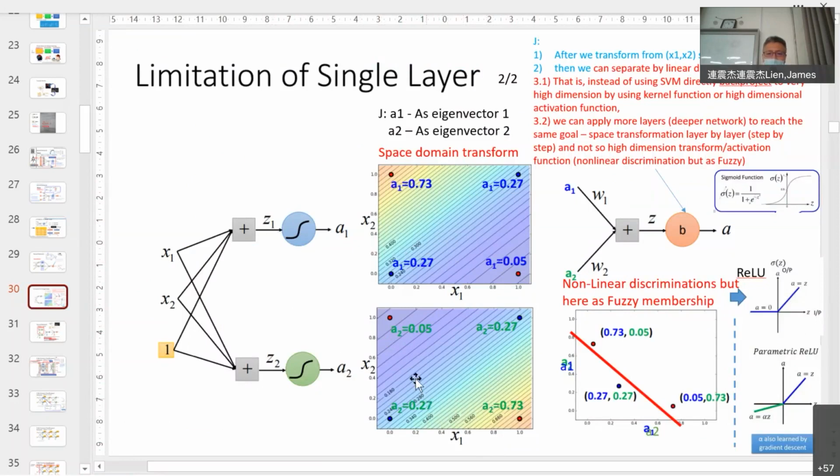And then you become the new domain A1, A2. So for this one, A1, A2 will become this result. 这个例子你要想一下，不然可能搞不清楚。输入是 x1、x2，输出是 A1、A2，是它设计出来的。意思是说，假设你的输入空间有很多 neuron，